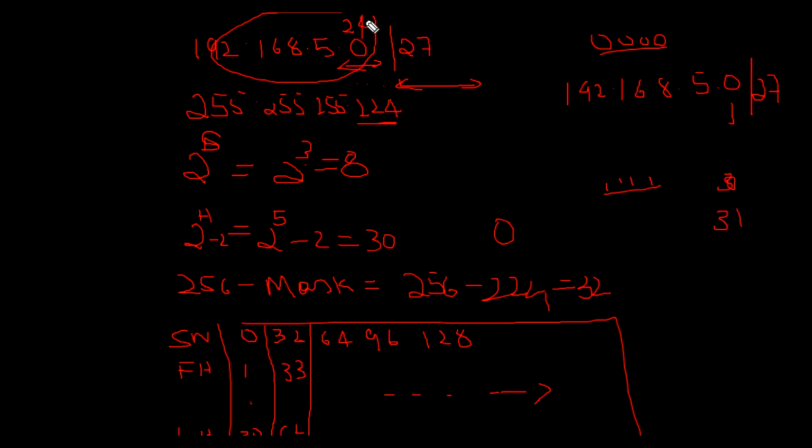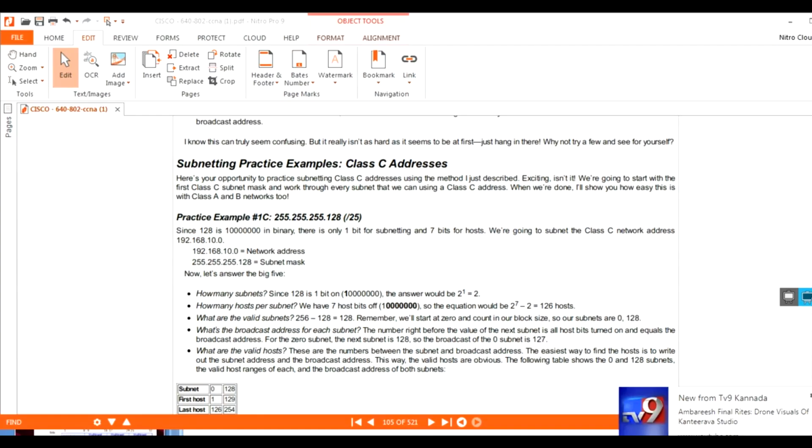Suppose I ask 42, then subnet is this one. If I ask 99, subnet is this one. In that subnet, what is the first host, what is the last host, what is the broadcast, all these things you have to see. In this way, we have to solve the problem, my dear students. So now we will proceed to solve some of the problems. I have already explained. Now I will give some simple clues so that we can see how this works.